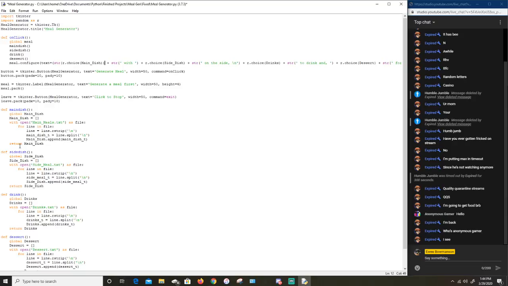Wait, these... Hold up. Here, let's just delete all this. Because these are returning stuff, maybe I just need to do main dish. Ah, but it has to be random. So what if I randomize it inside of these things? So it doesn't return main dish. Let's not do that. So instead, just out of the loop,